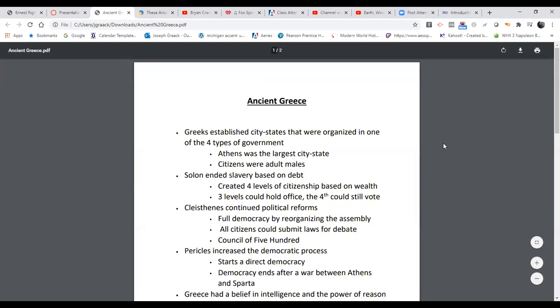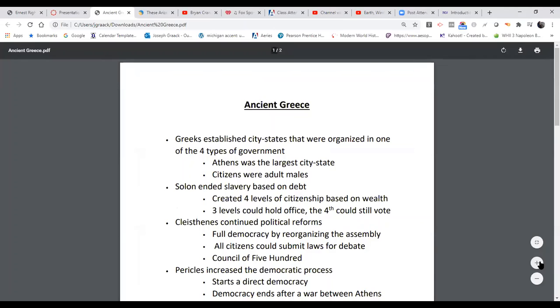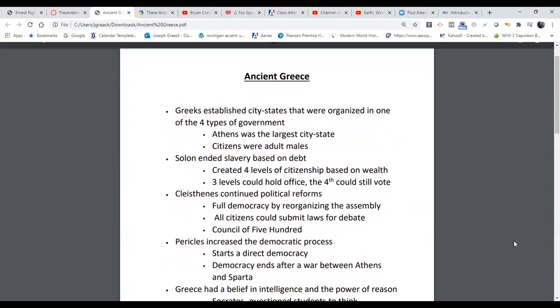So Greece is important, especially to the United States, for a couple of reasons. But the biggest reason is the way that they set up what we consider democracy. So one of the things that Americans are very proud of and seem to treasure is this idea of democracy, that we have democracy, that it's one person, one vote. Anybody, right, could become president of the United States. Anybody could become a congressperson. Just depends on what you wanted to do.